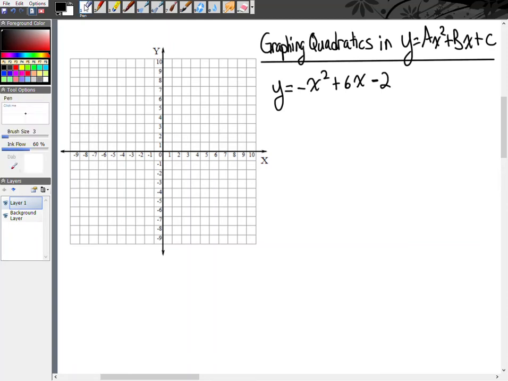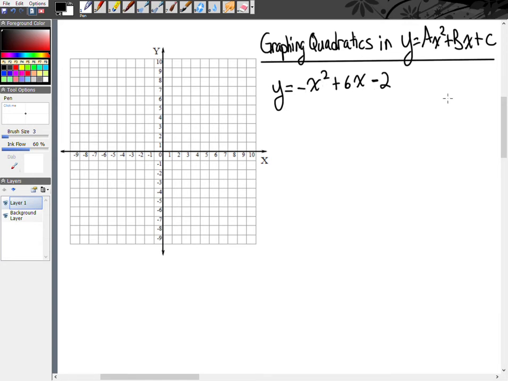All right, so let's go ahead and review the concept of graphing quadratics in standard form, which is the form y equals ax squared plus bx plus c. Remember that a is the coefficient of x squared, b is the coefficient of x, and c is the constant at the end. So I want to go ahead and use the function here, y equals negative x squared plus